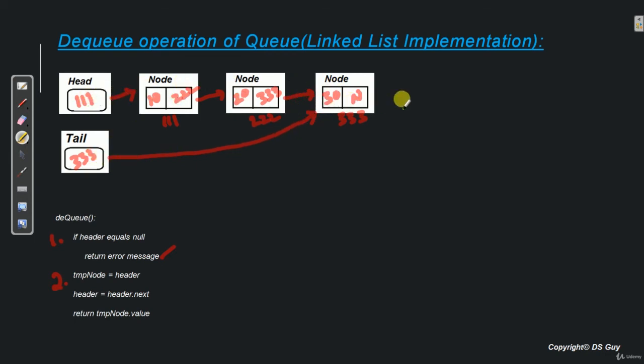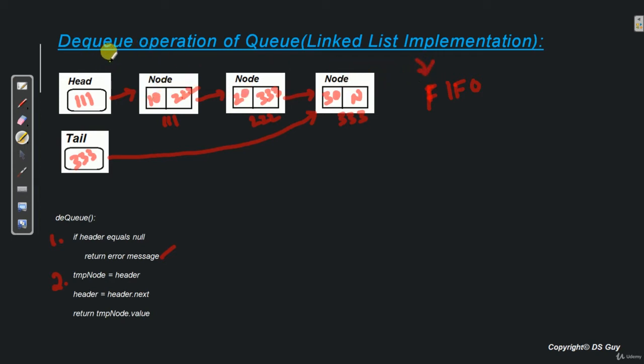So as we already know, the queue follows FIFO method, that is first in first out. So what we are doing is, we are inserting all the new nodes towards the extreme last and we are taking out or dequeuing the element from the front so that the FIFO property is maintained.